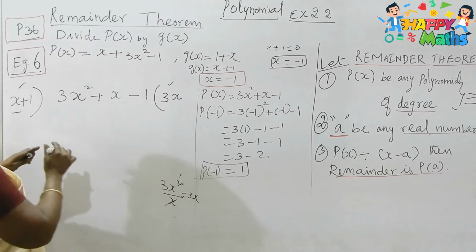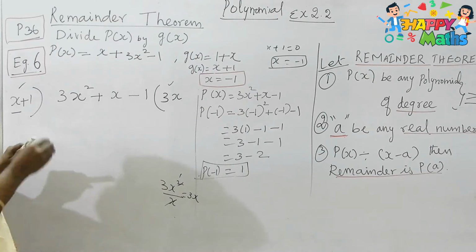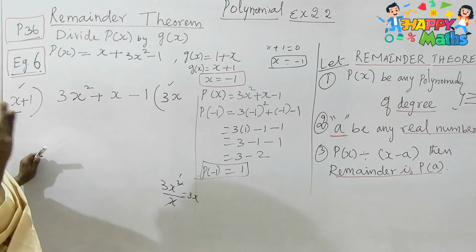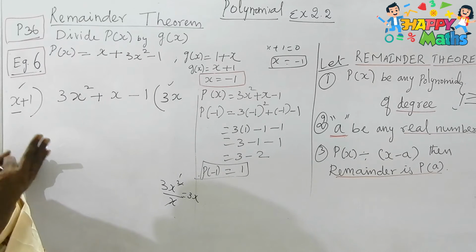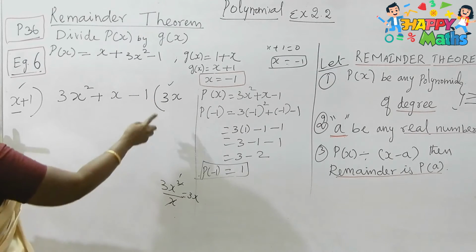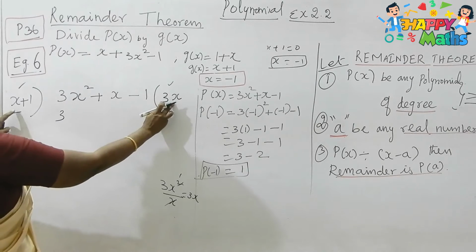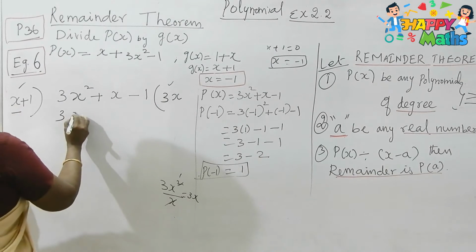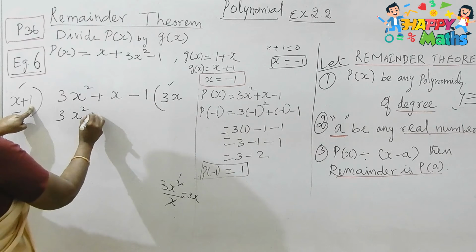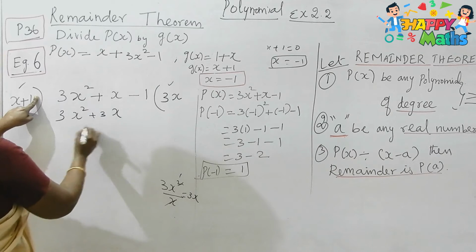So when I multiply, as I told you in irrational numbers and everything, when you multiply, you must keep two things in your mind. First sign, then number, then the algebraic expression, whether it is x or y. Here see, both signs are plus, so no problem. Then 3, here it is 1, 3 into 1 is 3. Then here it is x, this is x, x into x is x square. Okay, again the second number, 3 into 1, it is 3. Here there is no x, so this x will automatically come.